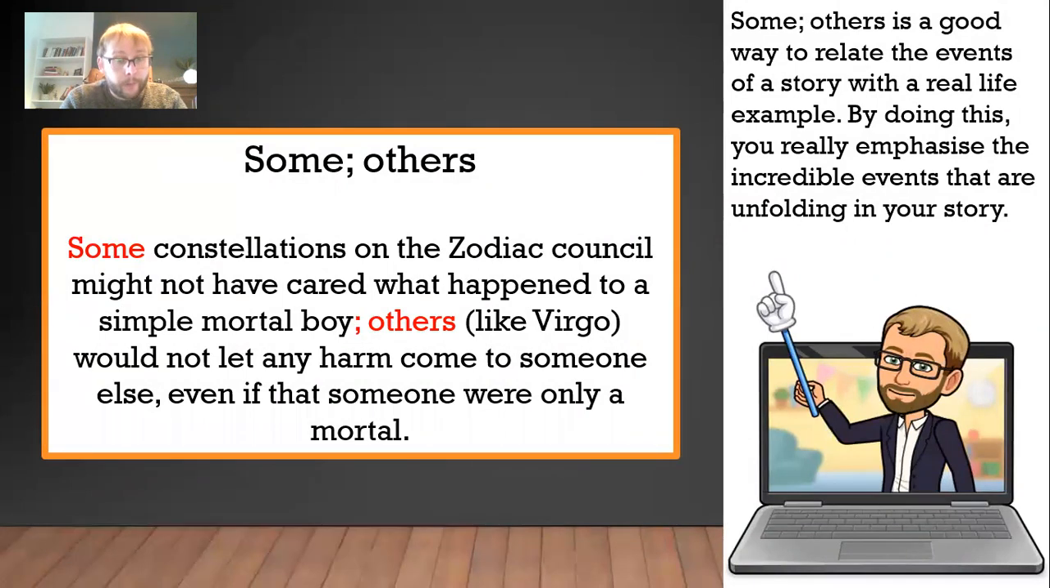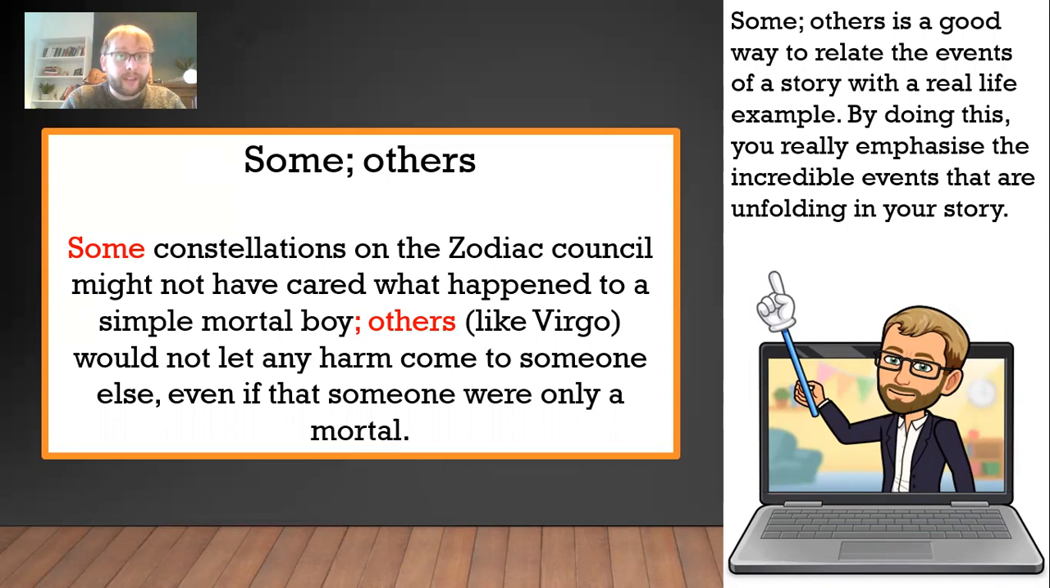So you simply say, some people do this, then you have a semicolon, other people do this, and you want those two things to be opposites. Some people like the sunshine; other people love it when it rains. So you want them to be two different things. My example here is, some constellations on the Zodiac Council might not have cared what happens to a simple mortal boy; others (like Virgo) would not let any harm come to someone else, even if that someone were